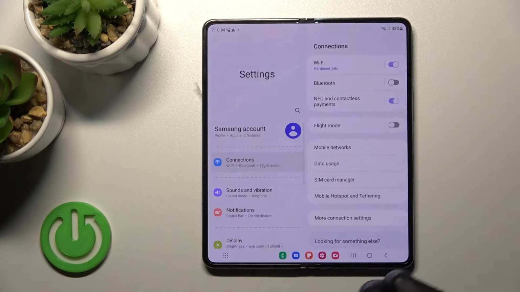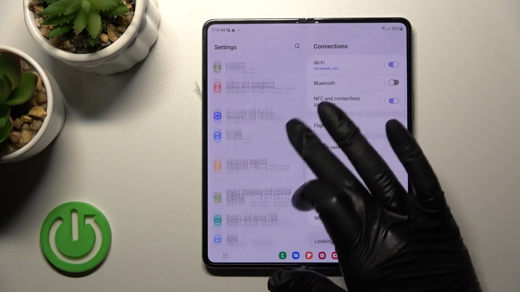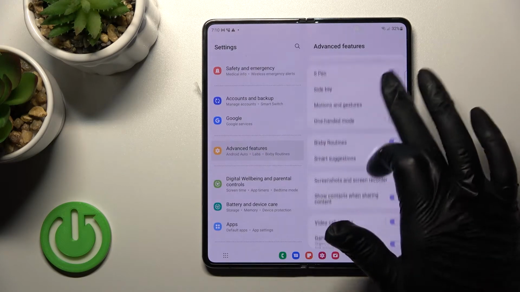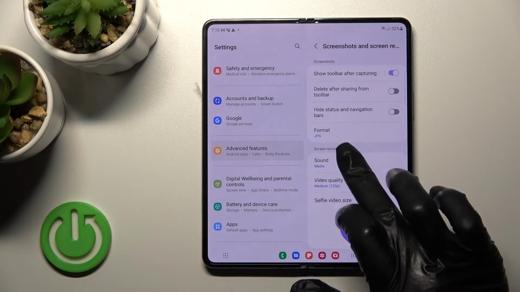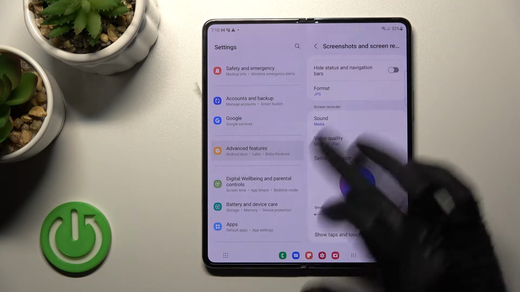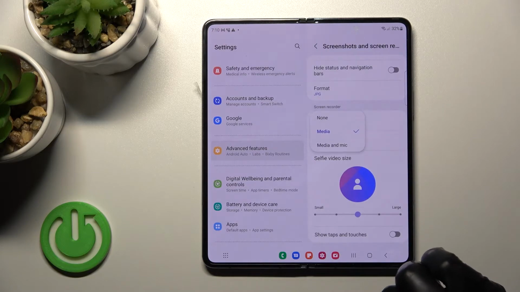So first let's open the settings application and then scroll down to advanced features. Then scroll a little bit more down and tap the screenshots and screen recorder section. And then you'll see here the screen recorder section with its settings. Just tap here to sound,